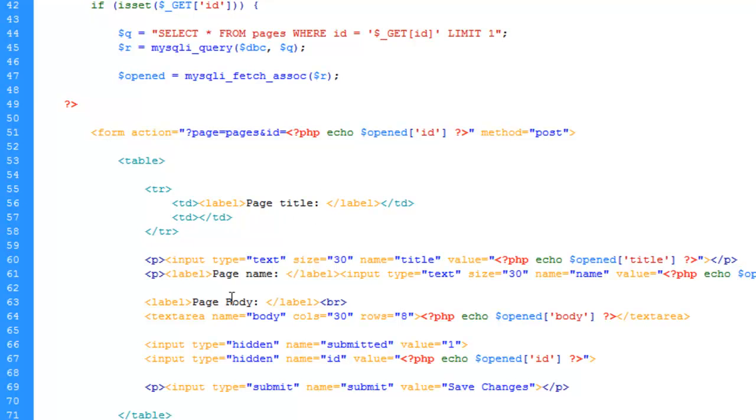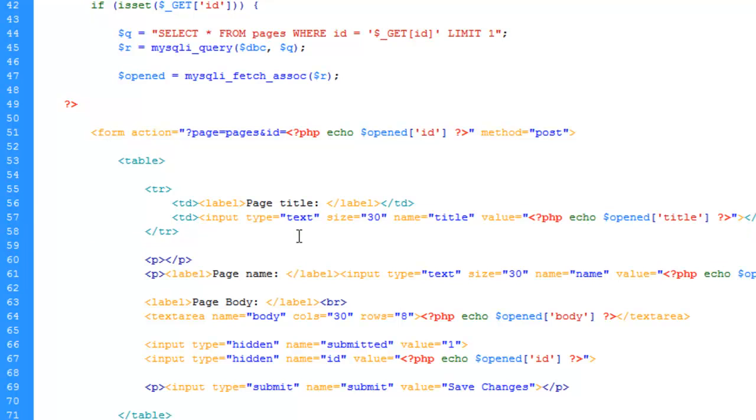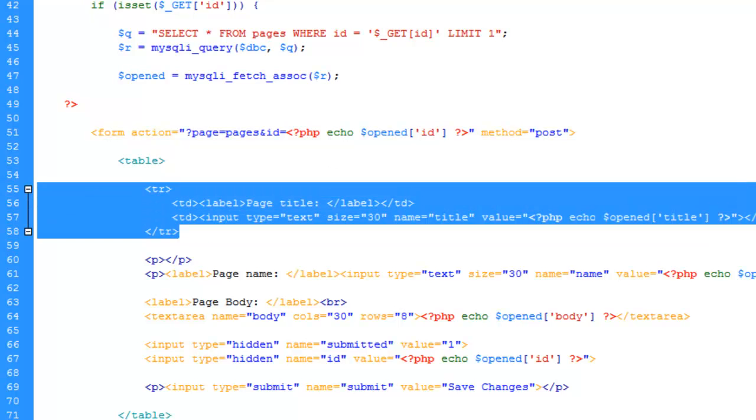And then what comes next would be the input. So we'll take everything from there and drag it here. So essentially each row is going to be the label and then the field. So what we could do is just copy this